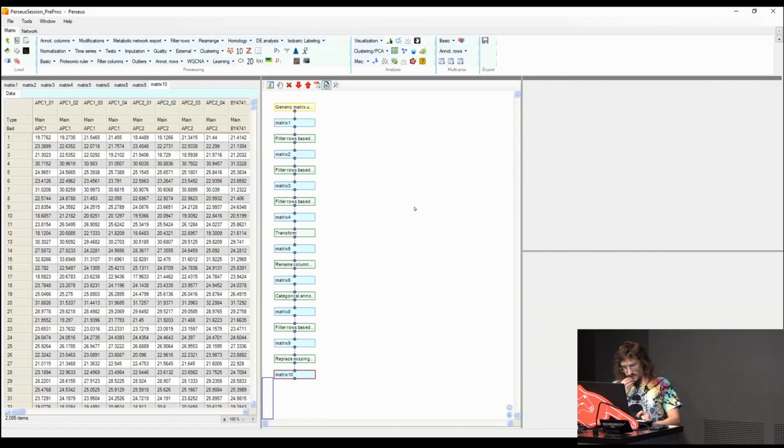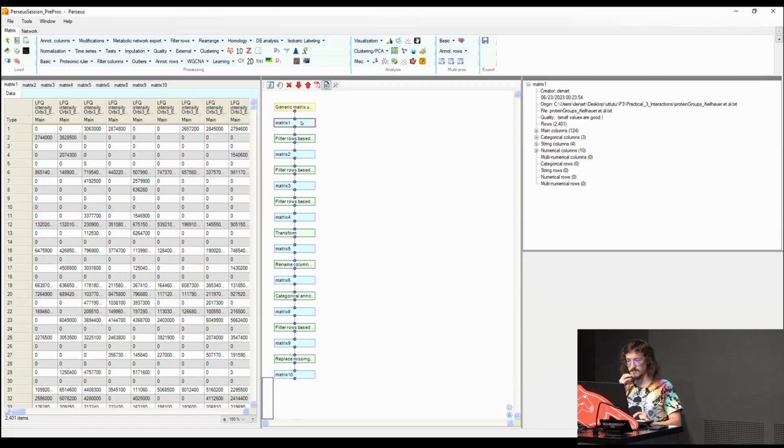All right, so if you remember from yesterday, we just imported the matrix, simple matrix import. You also have the raw data in the USB stick if you want to start again from scratch.